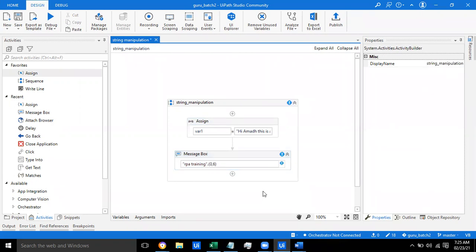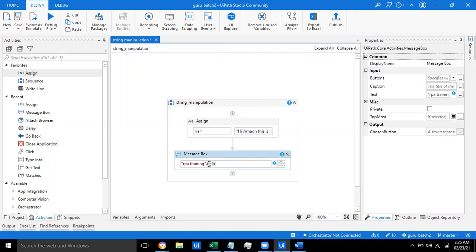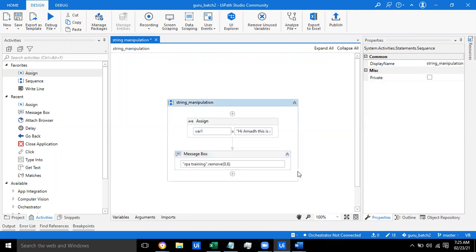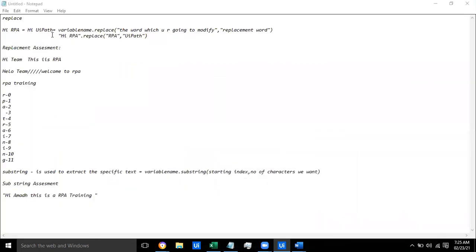Remove. It still removes training, only showing RPA. Let me give it as remove and see what the output will be, guys. RPING. Here it says 6, it should say 5, right?